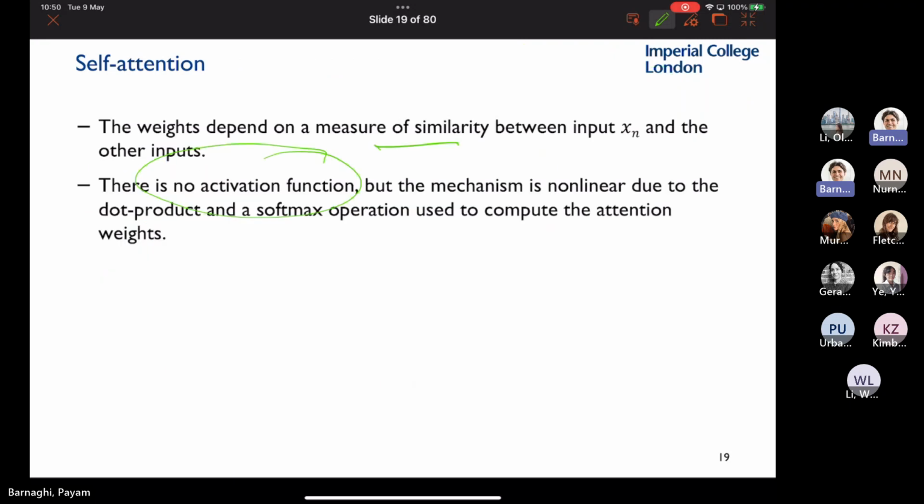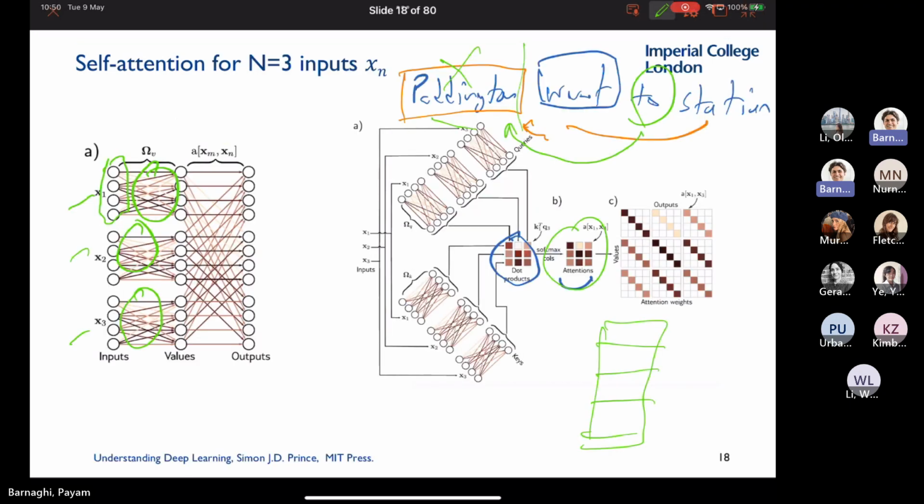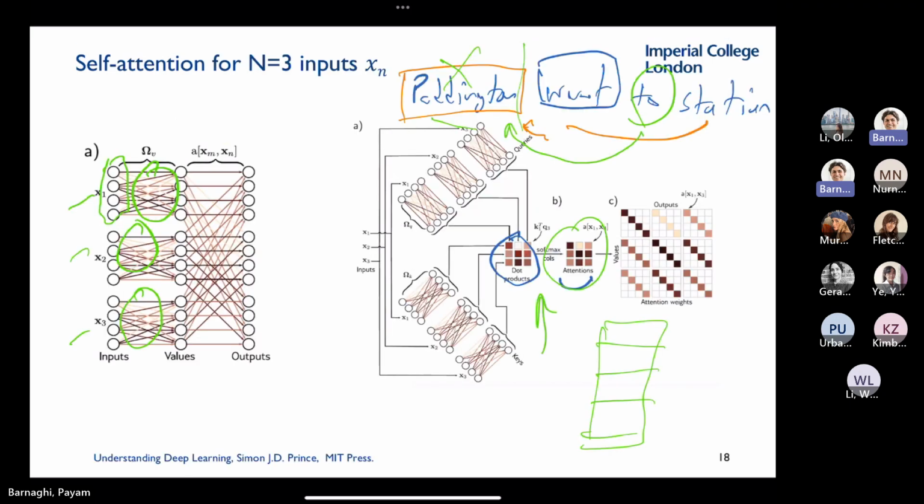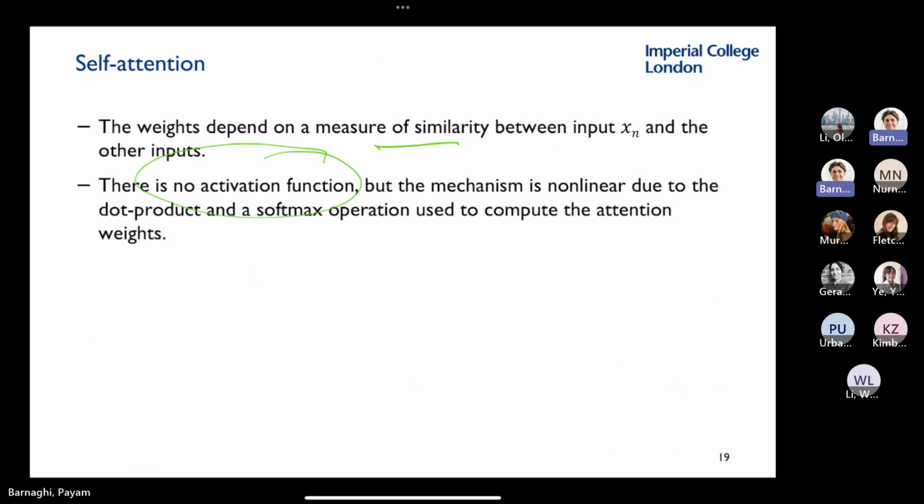By doing that, you might say, wait a minute, the whole thing is a linear process. Because if you don't have any activation function, up to this point everything is a linear combination of just a bunch of weights, a bunch of linear regressions. Here you apply a softmax and normalize it, but the self-attention process itself is a non-linear process. And the more I talk about the architecture, you'll see why.